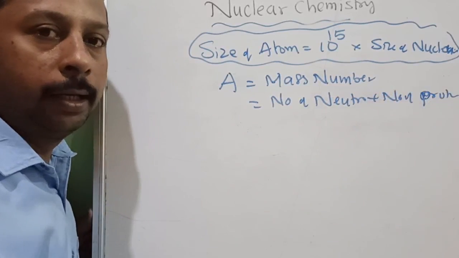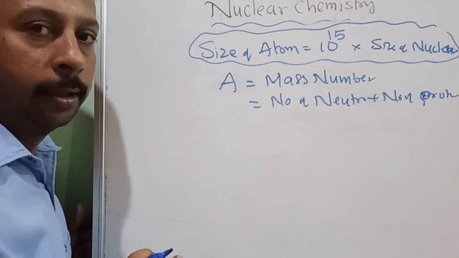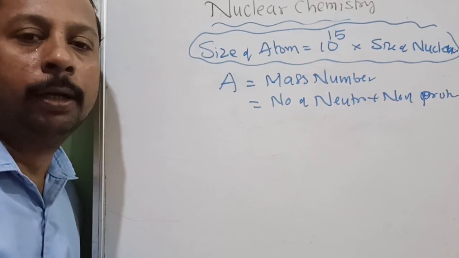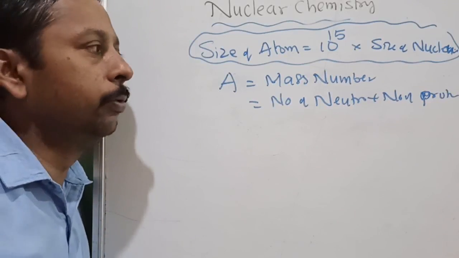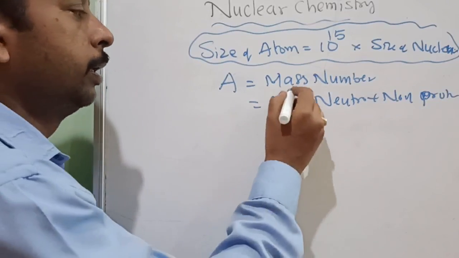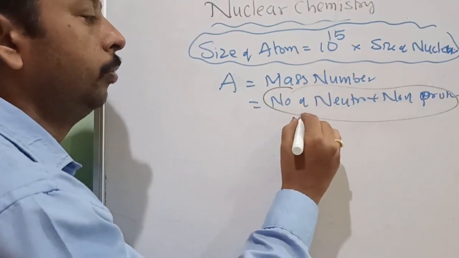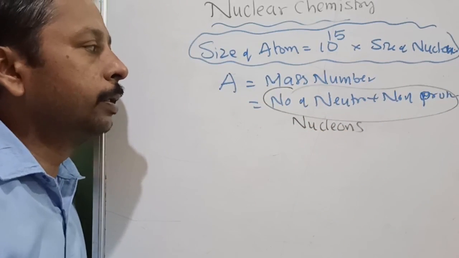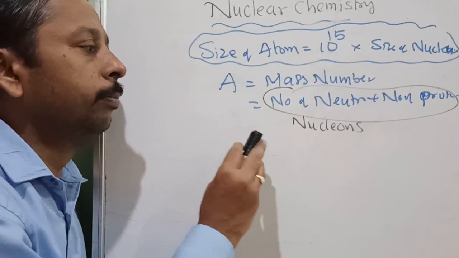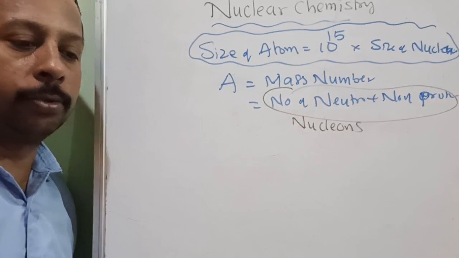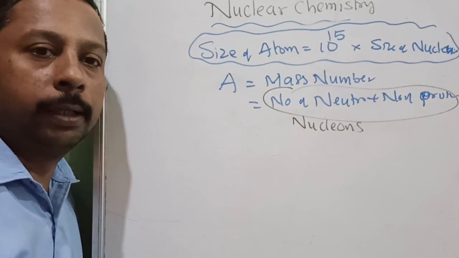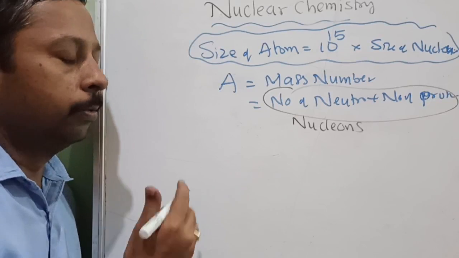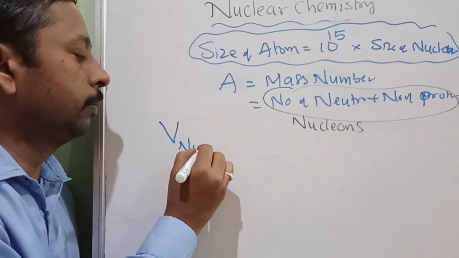Normally we will not count the mass of electrons, because the electron is very small as compared to the proton and neutron, and these two are collectively called nucleons. What are they called? Nucleons. Okay, so mass number is equal to the number of nucleons. Is it understood? So if more nucleons are there, then the volume will be increasing or not? So the volume of the nucleus, which nucleus?